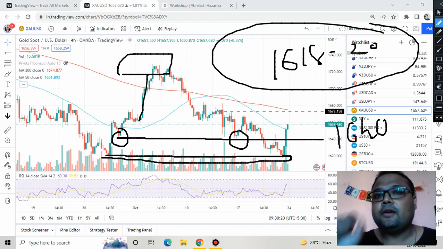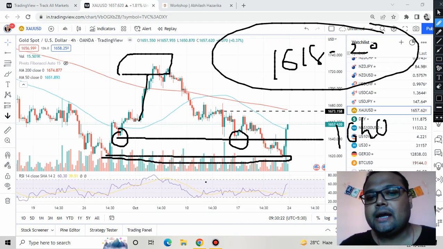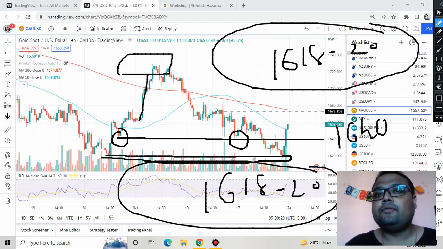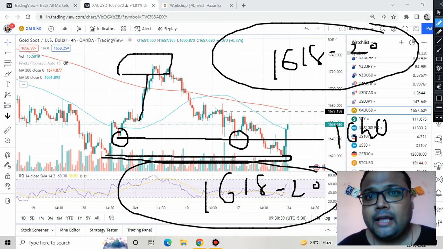In this chart right now the only support is around 1618 to 1620. No level is permanent in the market, so please be careful while taking any buy or sell level. Observe the market first, then only take the decision. This is my analysis. I can be wrong as well, so please do not gamble with your hard-earned money. Do not take blind positions.